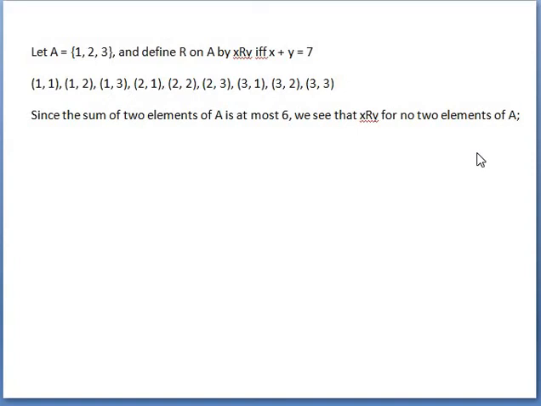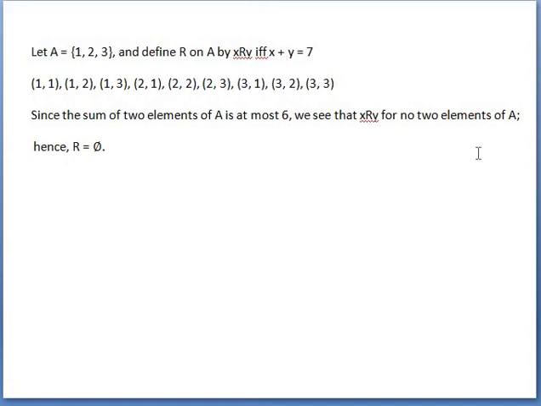That is, we are not getting any element for that particular relation R where the sum of the elements of the ordered pair will be 7. So for that relation R, for this particular example, we are not getting any element. Okay, is it clear? So here R is equal to phi, or you can say R is equal to an empty set. Why is it an empty set?